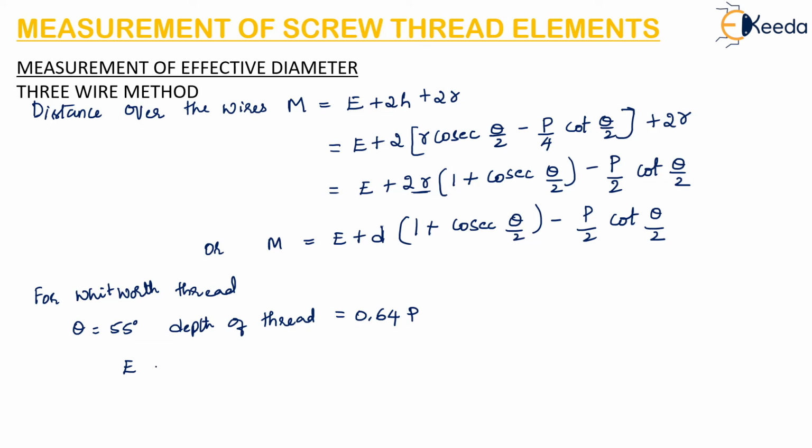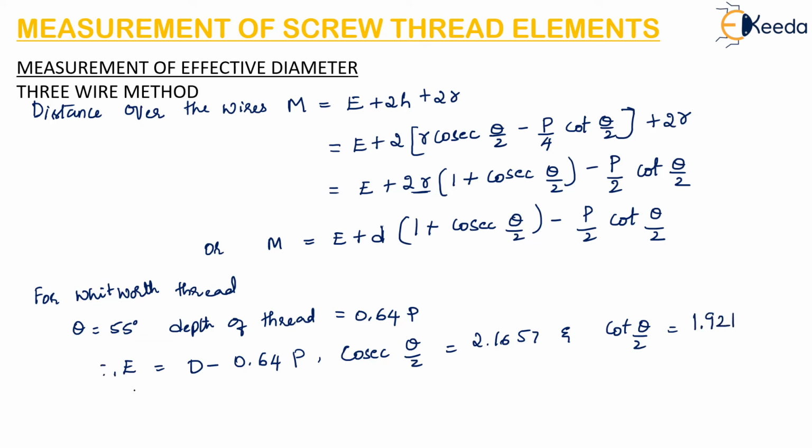So E is equal to d minus 0.64 p, so cosec of theta by 2 will be 2.1657, and cot of theta by 2 will be 1.921. So by using these values we can calculate for the Whitworth thread the m value, that is the distance over the wire value,